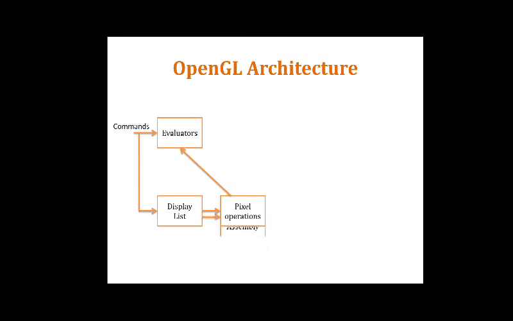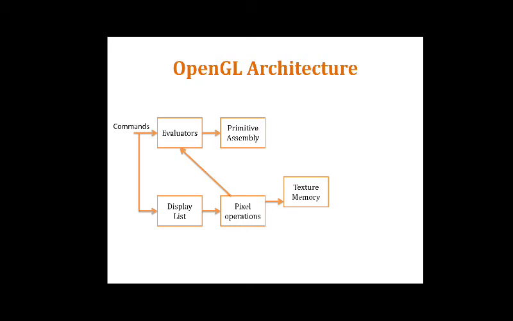The next part after this evaluator: the output of the evaluator is given to the primitive assembly. What is primitive assembly? OpenGL processes geometric primitives, as said previously, such as points, line segments or polygons, all of which are described by vertices. Means whatever shapes are described by vertices are processed by this primitive assembly. So those vertices may be transformed, they may be clipped, any operations we can perform on those vertices are all done by this primitive assembly. After that,